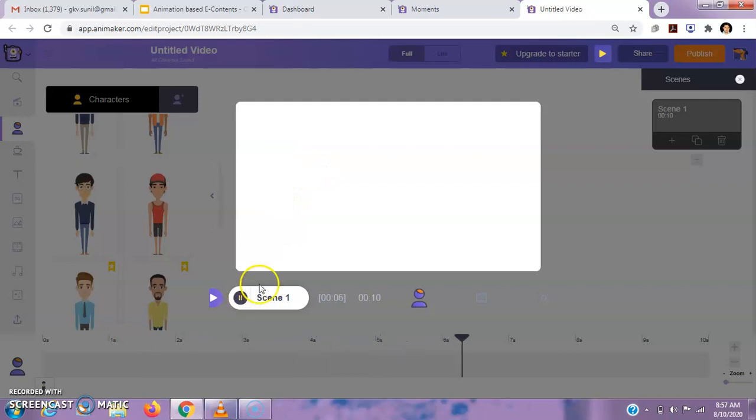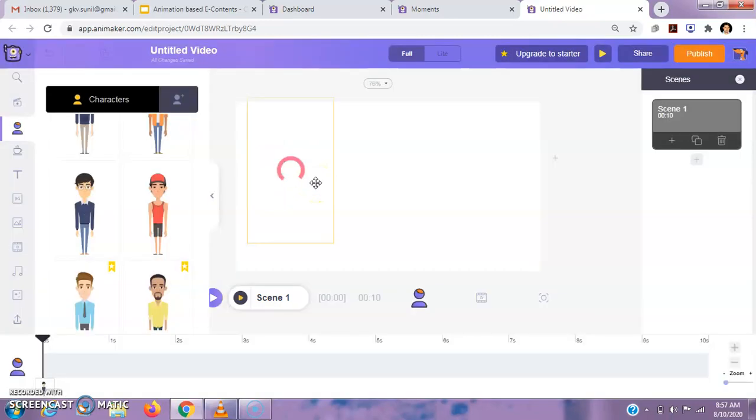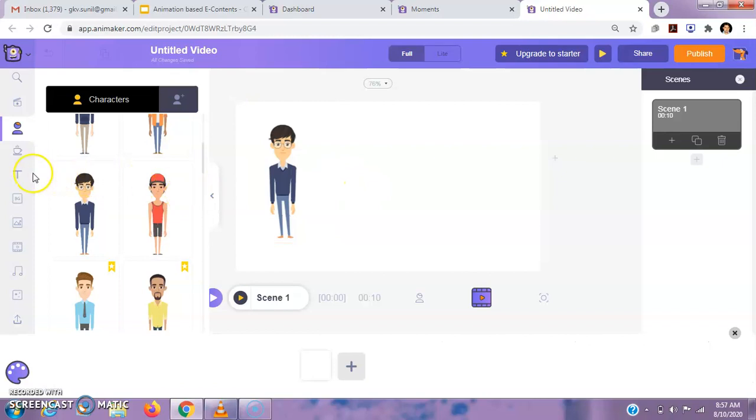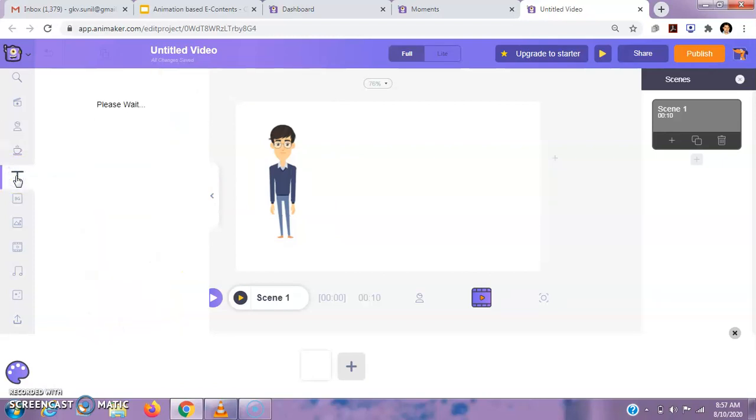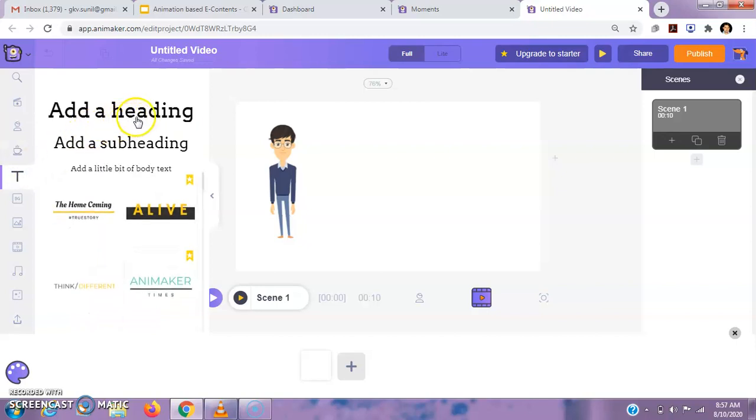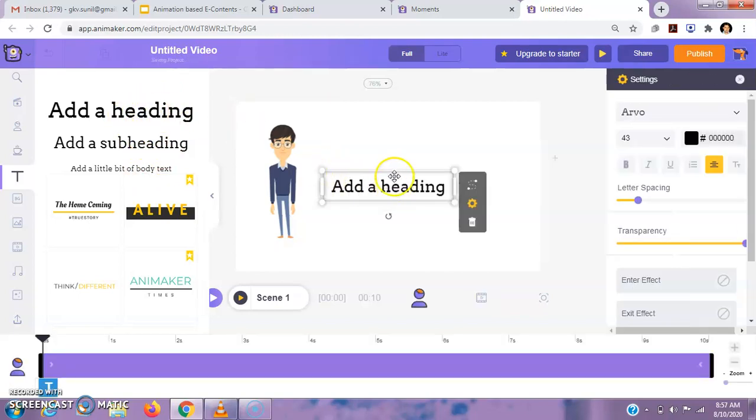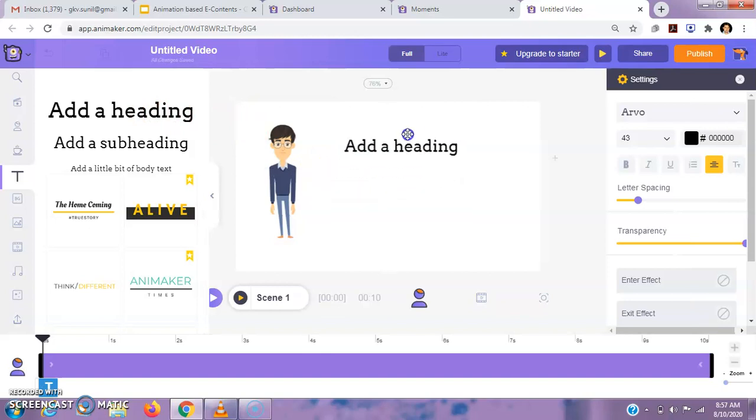Then we see that it disappears from our slide after 4 seconds. We can manage this according to our requirement. Now suppose we want to add some text here, then I click on this text. We can add a heading, a subheading, and we can also add some text. I will add a heading and subheading. Suppose I choose this heading and I write its name as e-contents.